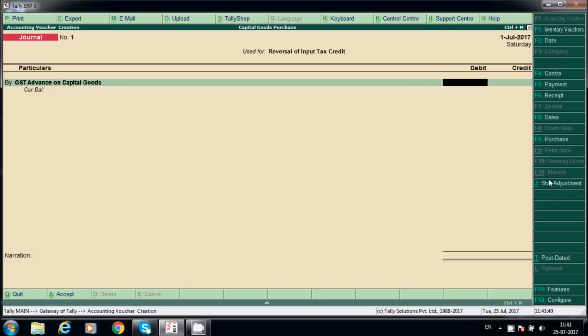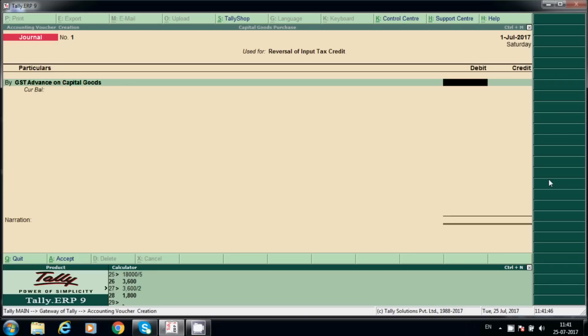See here, calculator, Control N. Here how much? Total 18,000 minus 3,600, so here 14,400.